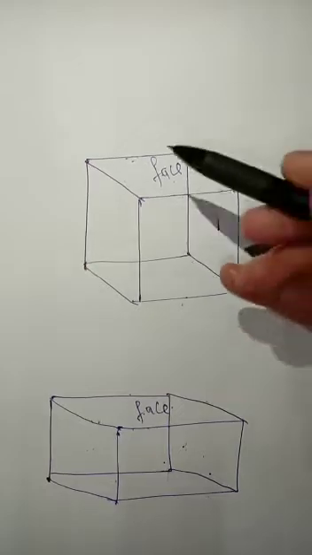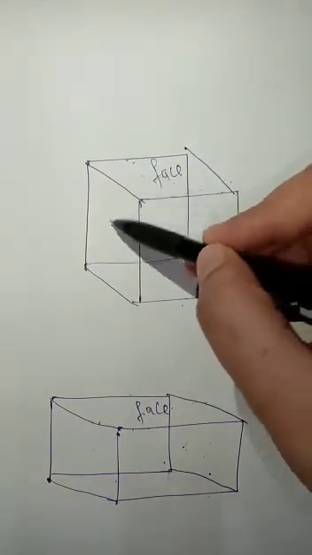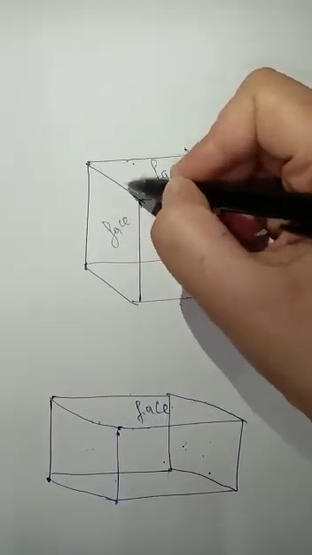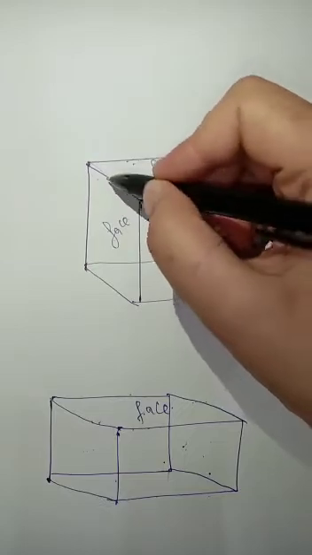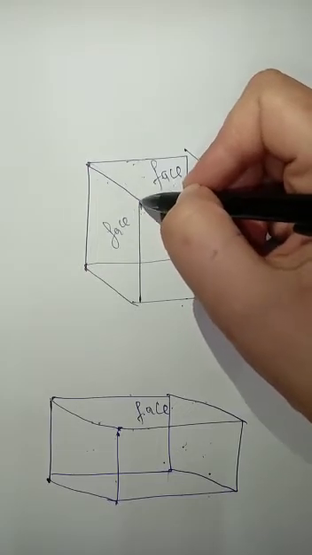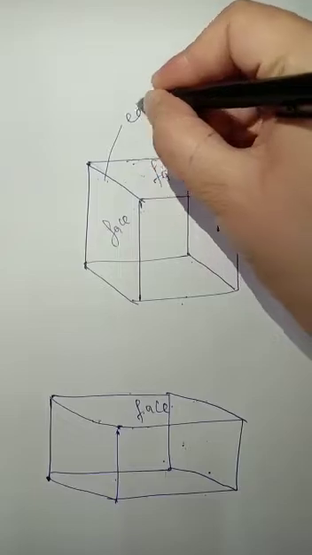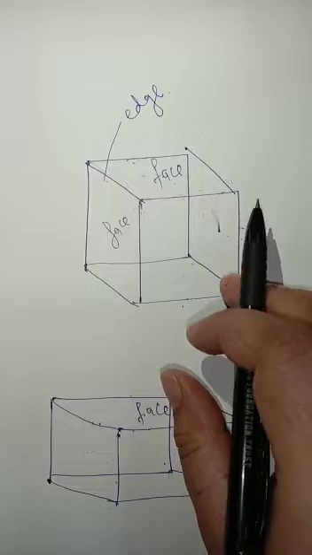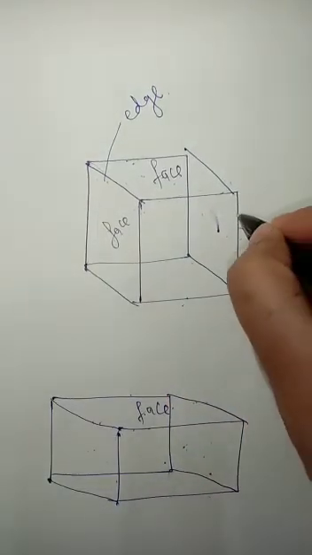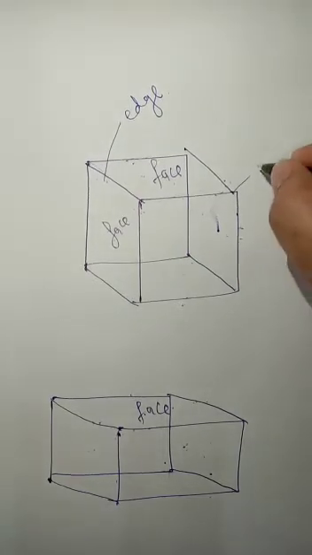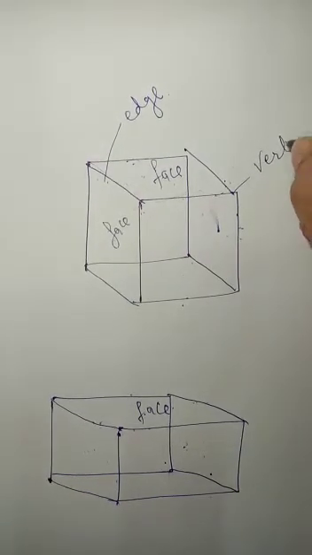So we can say wherever 2 faces meet, like this face and this face, both the faces are meeting at this line. So this line is known as an edge, or we say side. So in mathematical language, in the case of solid shapes, it is known as an edge. So this is an edge. 3 or more edges meet at a vertex. If we say 1, 2, 3, 3 edges are meeting here. So this point is known as a vertex.